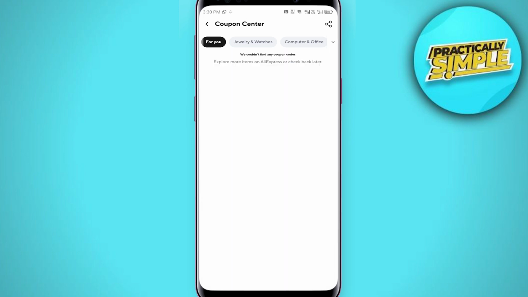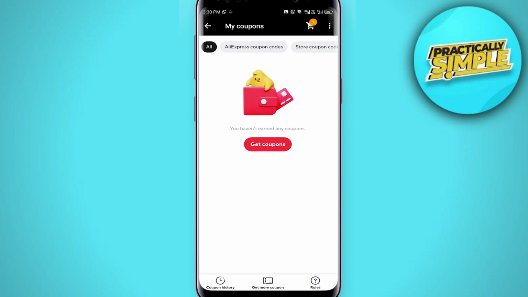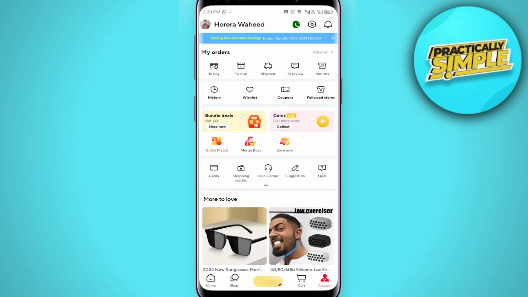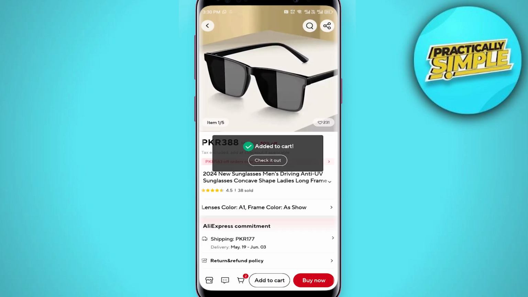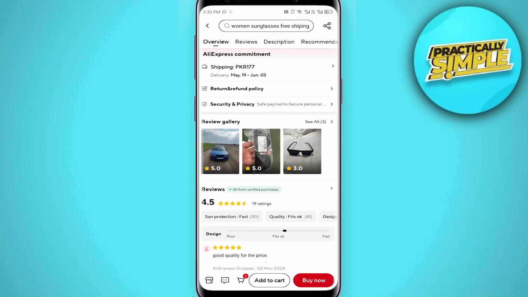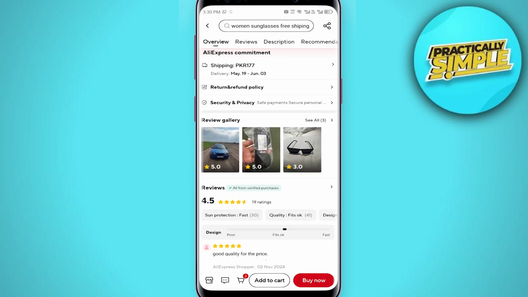So once you find your coupons codes right here, you just need to simply select the items. After selecting item, you can go ahead and tap on this add to cart, go with the payment method, and after going with the payment method, on the last of your process, which is place order, you will have place order option. Once you go with place order, you will be able to add your payment method and then your